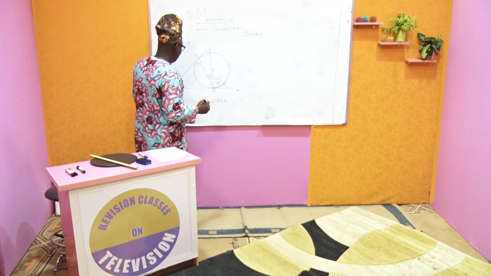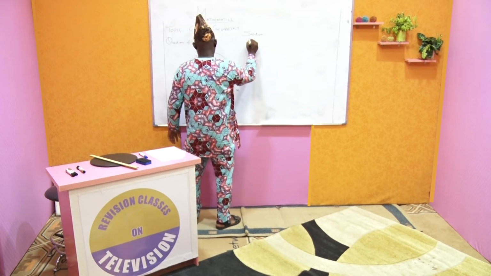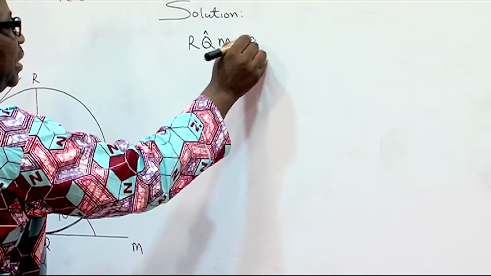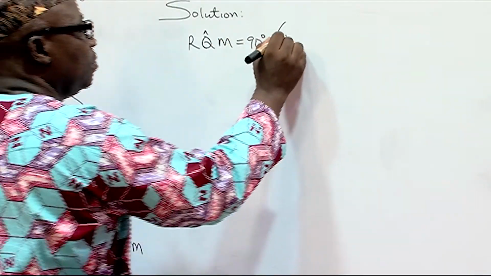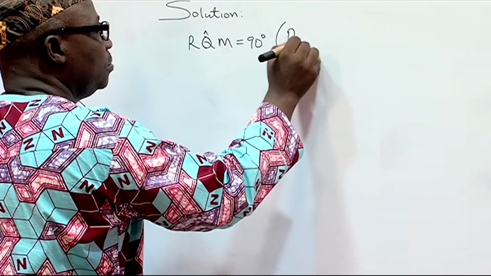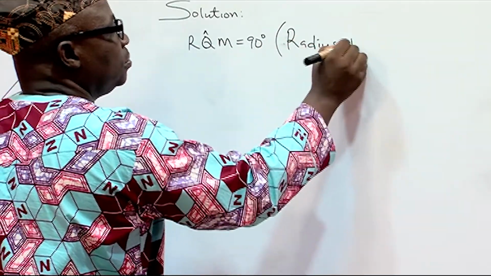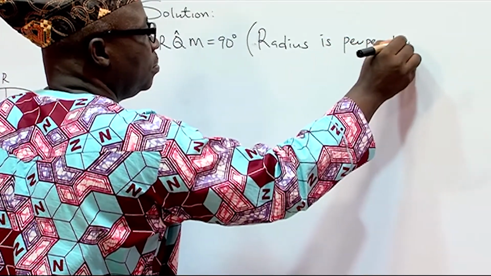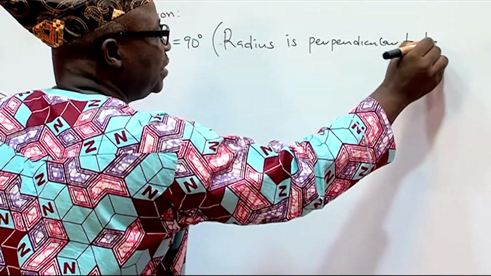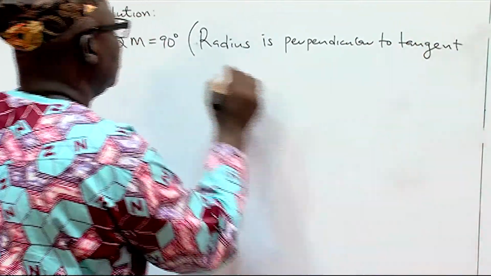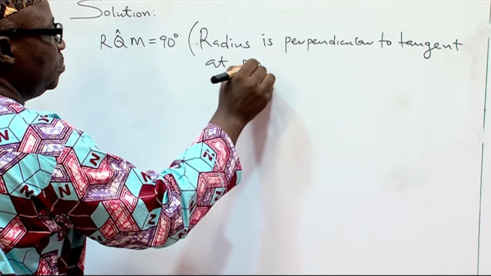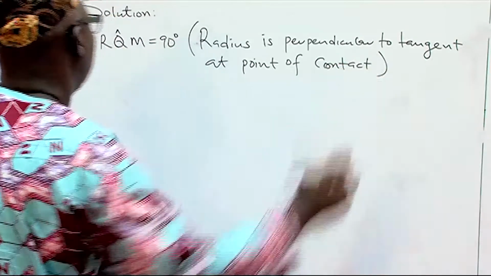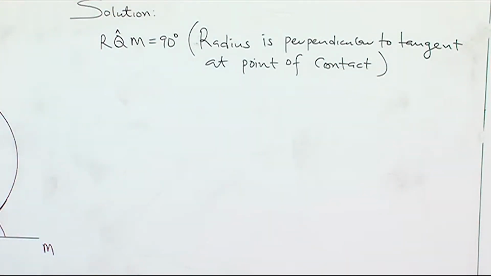So I'm going to write the reason down. RQM is 90 degrees. The reason: radius is perpendicular to tangent at point of contact. Now,